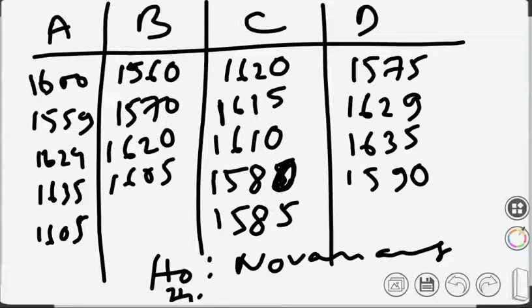We'll calculate T, CF, and everything else, and then we'll write that in the table that we have already written. Now, as you can see, the values are really big: 1600, 1559, 1624, and if you square them, the values will become even bigger. So if the values are bigger, we can directly subtract a value from them. It will not make any difference because we have already shown earlier that change of origin does not change the